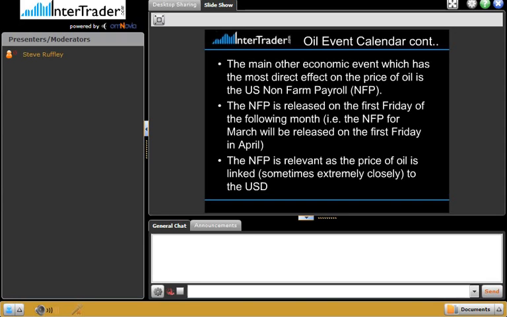So there's many other economic events which can affect the price of oil. So again, non-farm payrolls is still the biggest figure that's released on a monthly basis. Again, I trade this figure for InterTrader live every month, so you can always watch me trade live figures like the non-farm payroll. I generally don't trade oil. I generally trade the S&P, but again, it's all correlated. If you understand what the non-farm payroll does to the dollar and does to industry, you can trade oil off the back of it. So non-farm payroll, as we know, is released on the first Friday of every month,